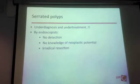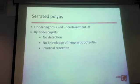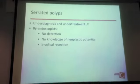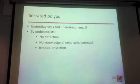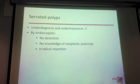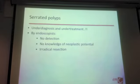Recently, quite a lot of papers have come into the literature on old databases showing how many serrated polyps were detected, and it's difficult because if the endoscopist is not aware of the potential malignant capacity of these polyps, they won't detect them, but also won't report on them. So it might even be possible that they have seen them, but just not reported and not resected. So I think most of the literature, if there was not a proper